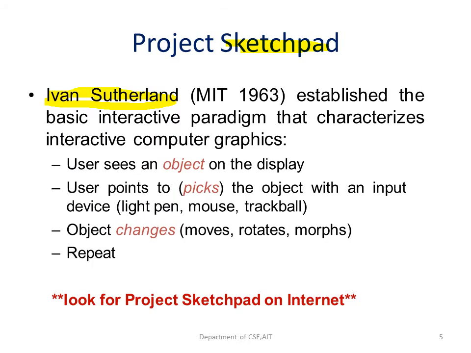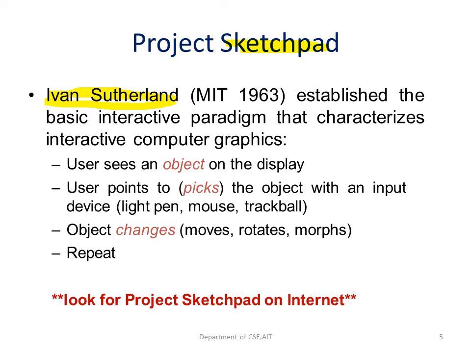The basics of all this computer graphics interface started with the project Sketchpad by Ivan Sutherland of the Massachusetts Institute of Technology in the year 1963. This was the first computer program which made use of a graphical interface. This program organized its data as objects and instances. Geometric constraints were used in Sketchpad so that the user could easily identify the properties of the drawing.